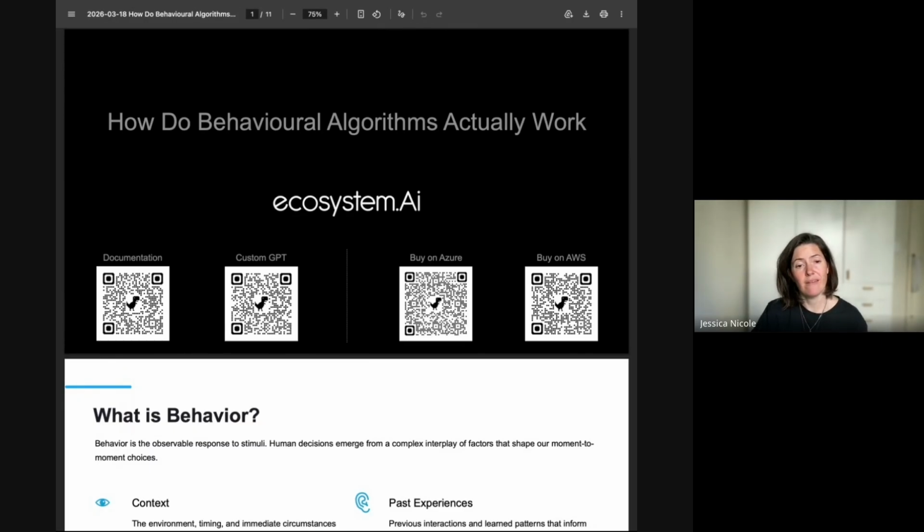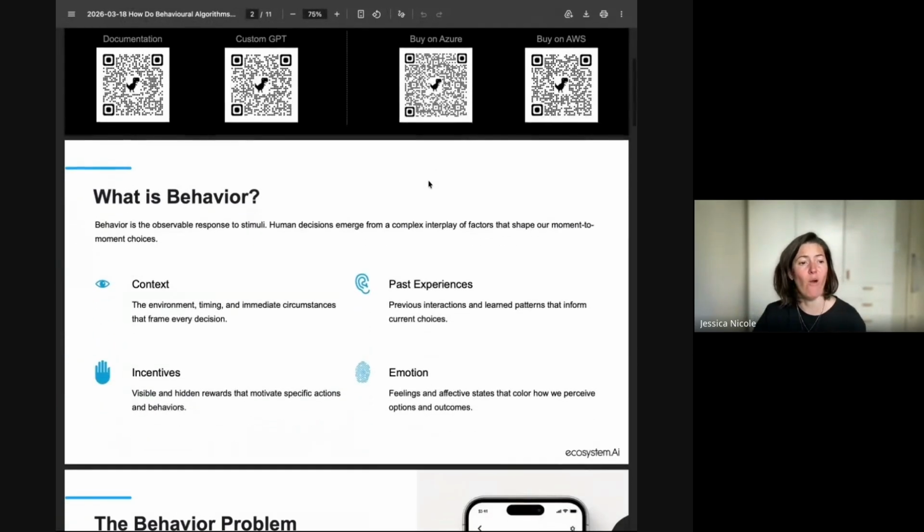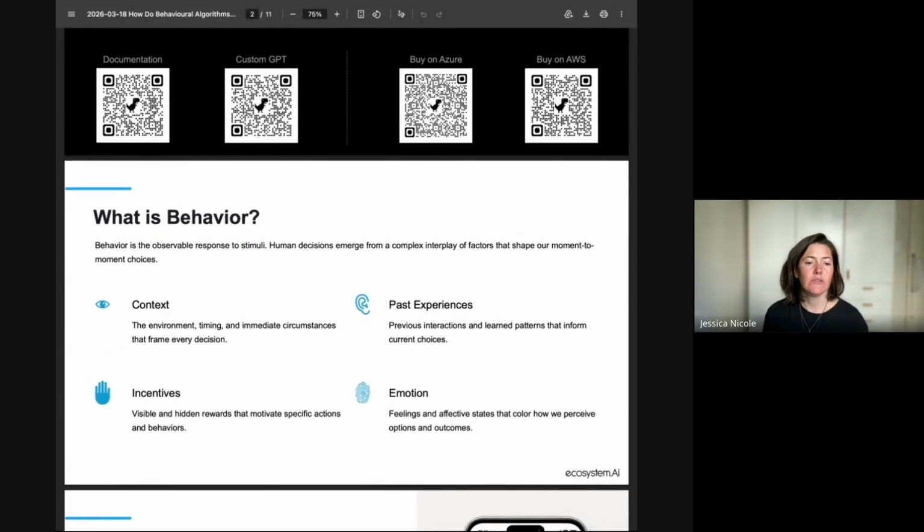So I will then be unpacking a little bit more about the ways that we can use constructs or approaches like behavioral design in order to inform the creation of behavioral algorithms. That's about the point at which I'm going to hand everybody over to Eric for some practical walkthrough with regards to how it is actually created. But for now, I wanted us to explore and really pin down and define what it is that